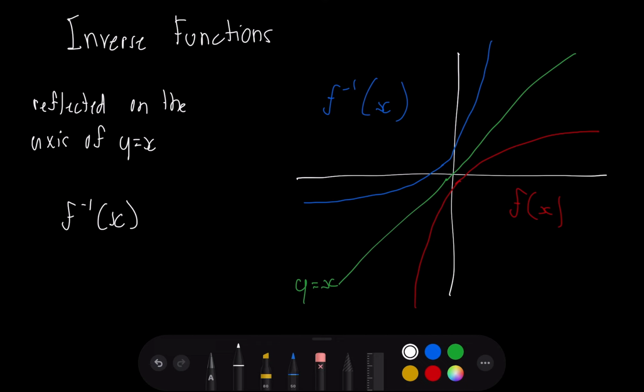So inverse functions are calculated by taking the parent function and switching the x and y values and then isolating for y once more. And we will be looking at how to do that today. So we will simply be looking at two examples, and the first example we'll be doing is the function